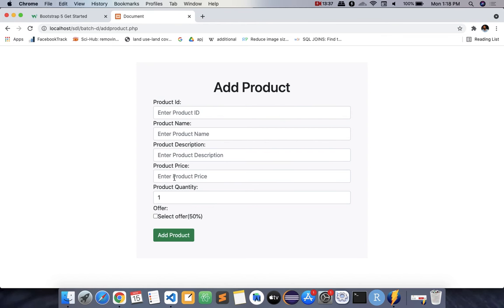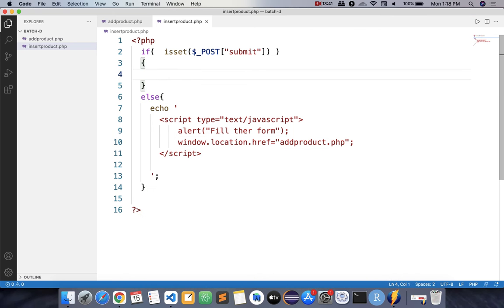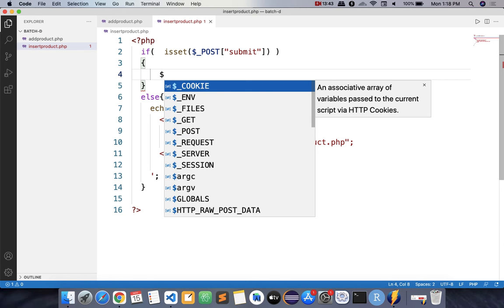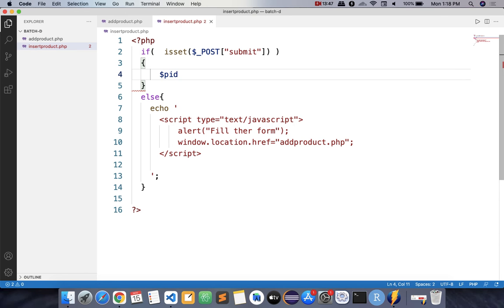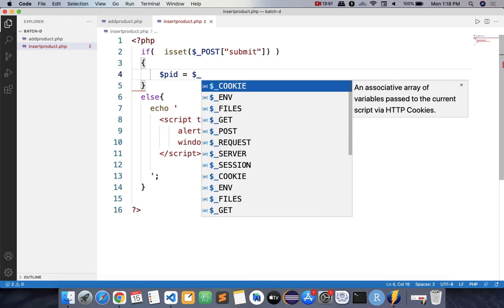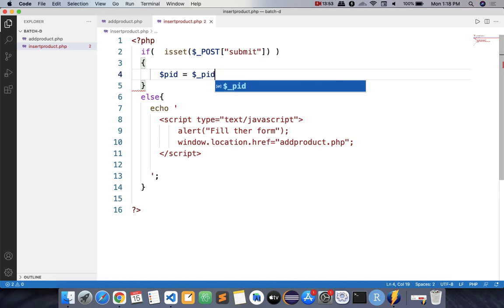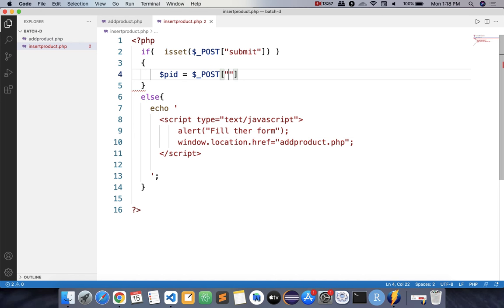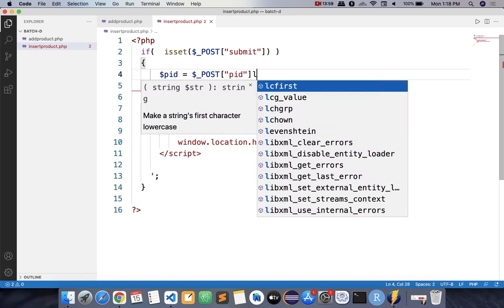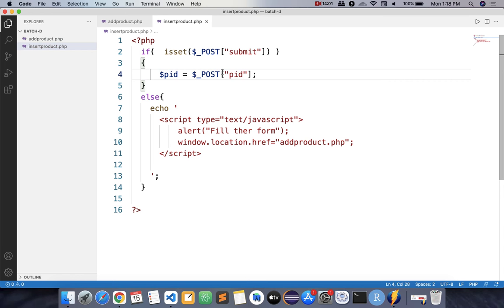Now how many values are we sending? Total 6 values we want to send. So we need 6 variables there. So how to create variables? $. The first will be PID. I'll keep the same name to avoid confusion. PID equals, how will you receive that value? $_POST square bracket, and here you will write PID. Now what is the difference between this PID and this PID?